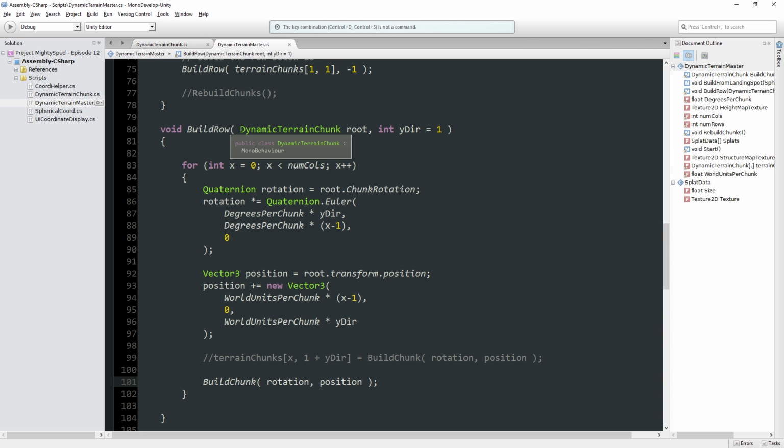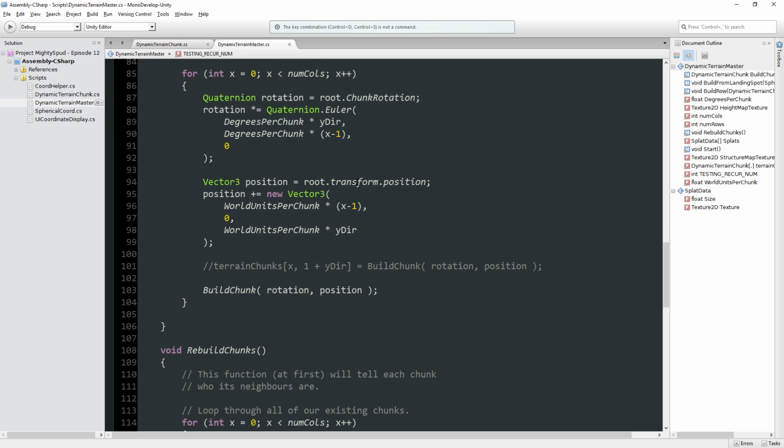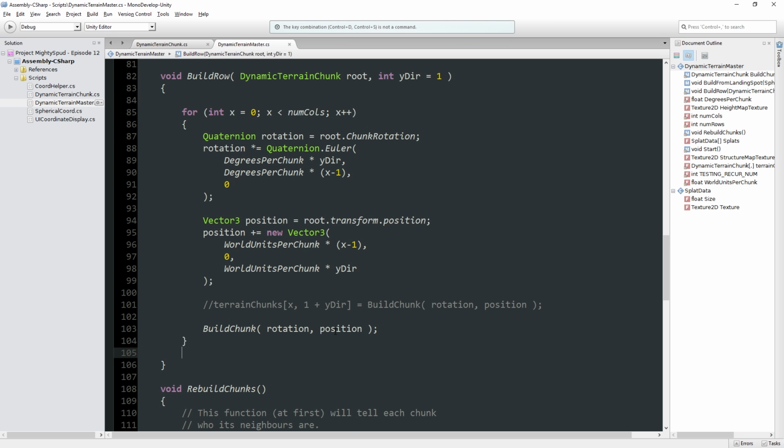But let's say after we build a row, testing recur num is equal to what we're working with. Well, actually, 10 in this direction would be fine. I'm just going to set this value here. So what I'm going to do is loop through everything in this row, but then after it's done,